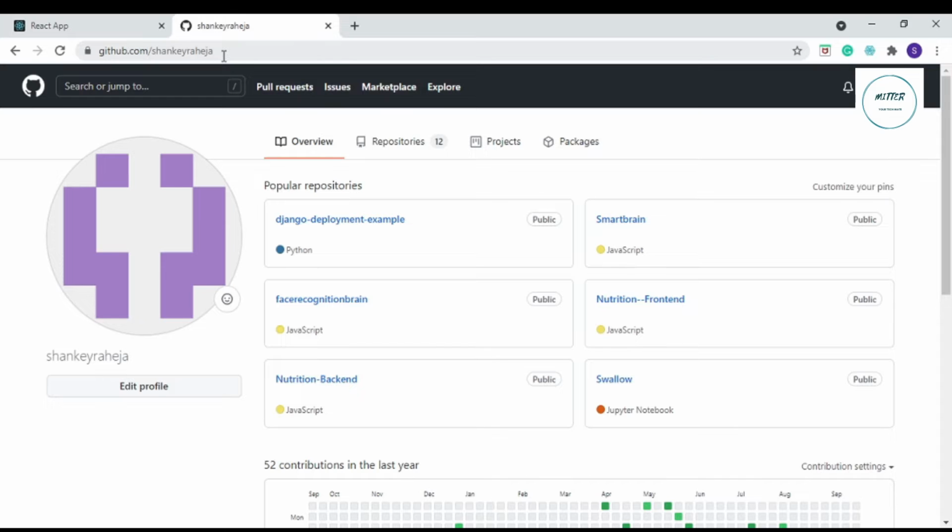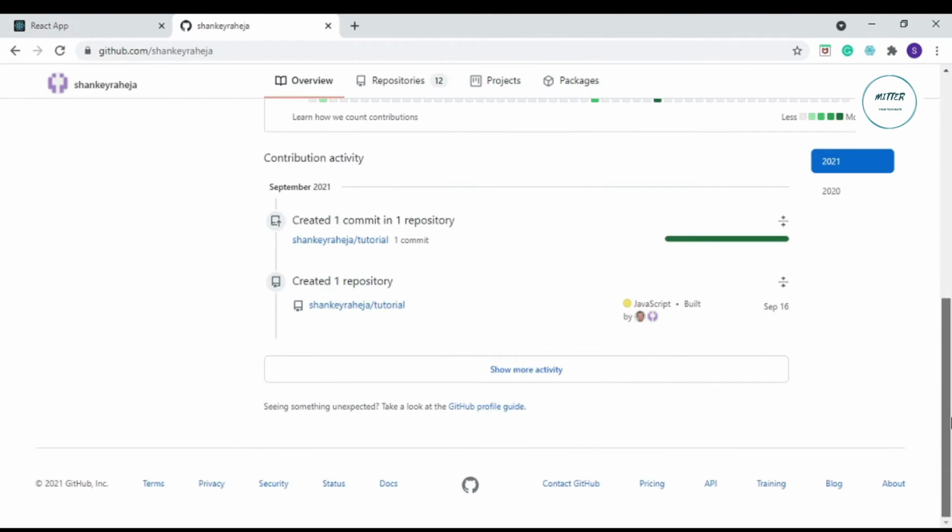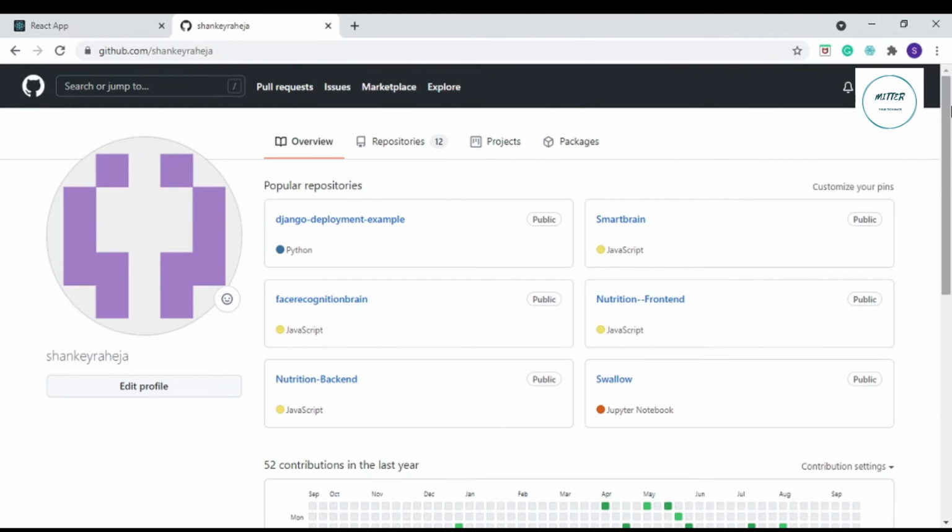If you don't have a GitHub account, you can just sign up for GitHub and then log in. Once you log in, you will see this dashboard page, which looks something like this. There is an overview, repositories, projects, and packages. To create a new repository, we need to go to this link, repositories,